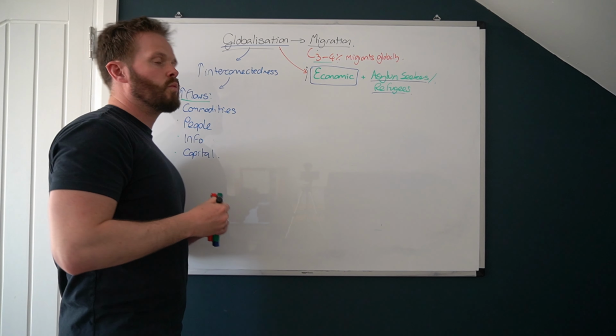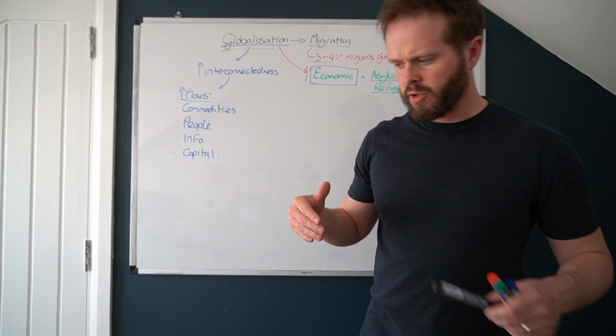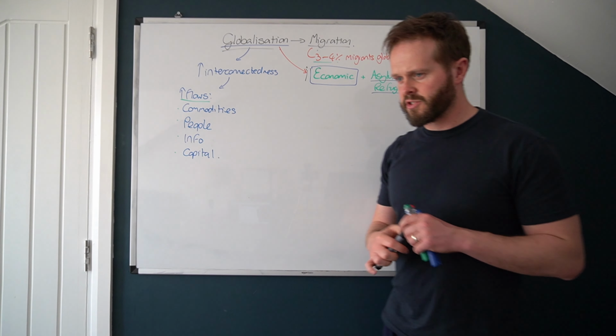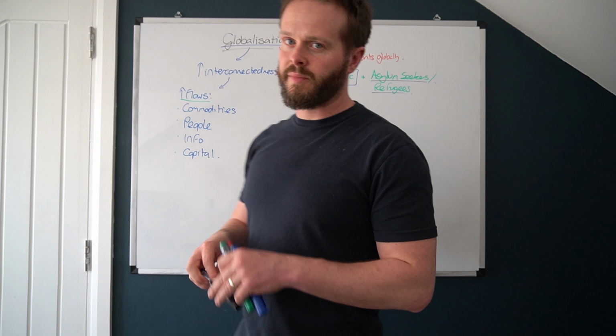And then finally, what could be a third way that we could talk about globalization increasing international migration? Now this is where you can be quite clever in the migration module. This is where you can utilize the fact that you've just been revising paper 1 probably for the last 3 or 4 weeks, and you can bring it into your human paper.